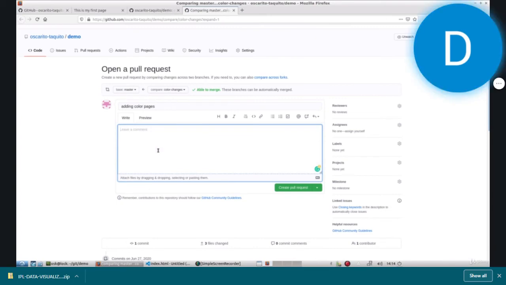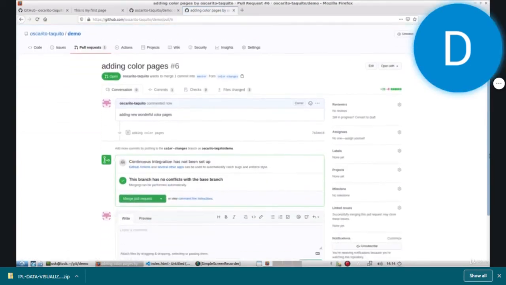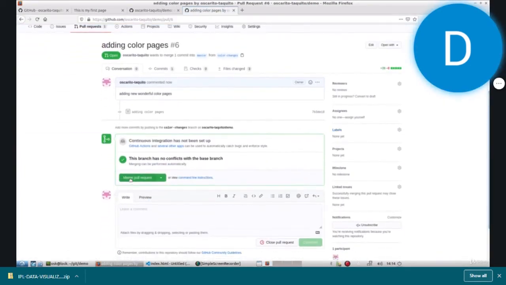And so here I'll leave a comment and say, adding new wonderful color pages. Okay. And then I'll click on create pull request, that button. And next, what I'm being asked is, do you want to merge the pull request? Now, typically once a reviewer takes a look at this, they'll approve it, and then either you or the reviewer can merge it. But in this case, since it's just us, we will go ahead and click on merge pull